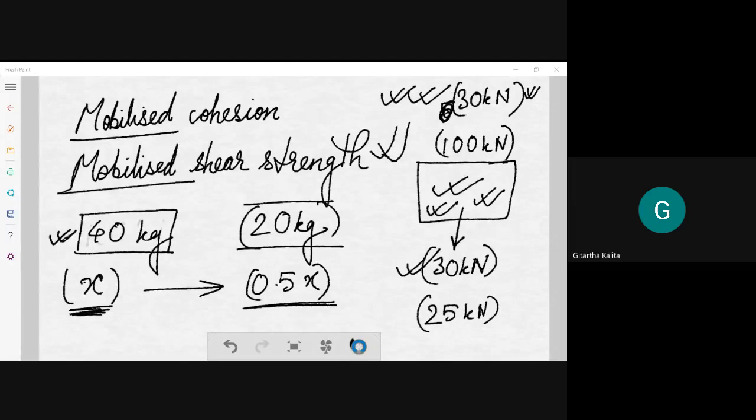So with this, I would like to end this class, and this mobilized word will be used a lot in this